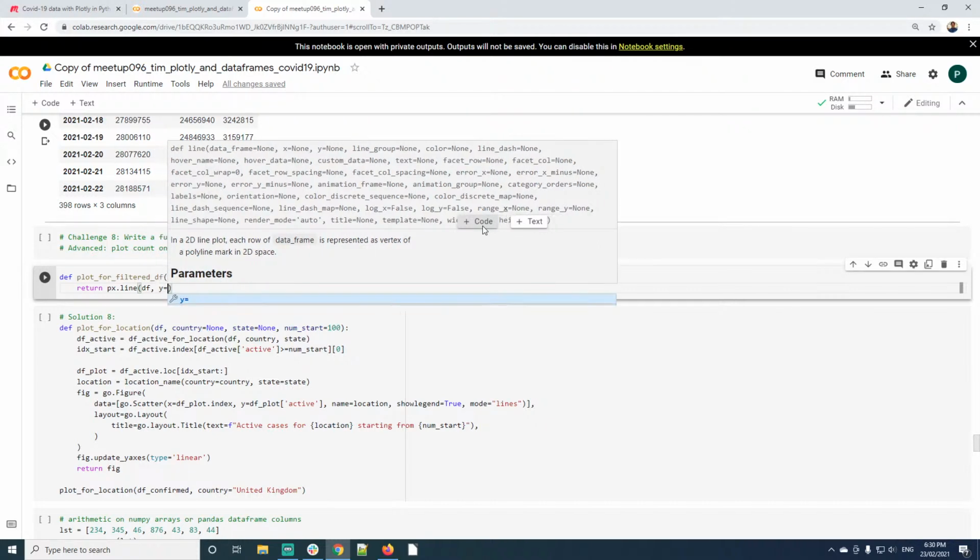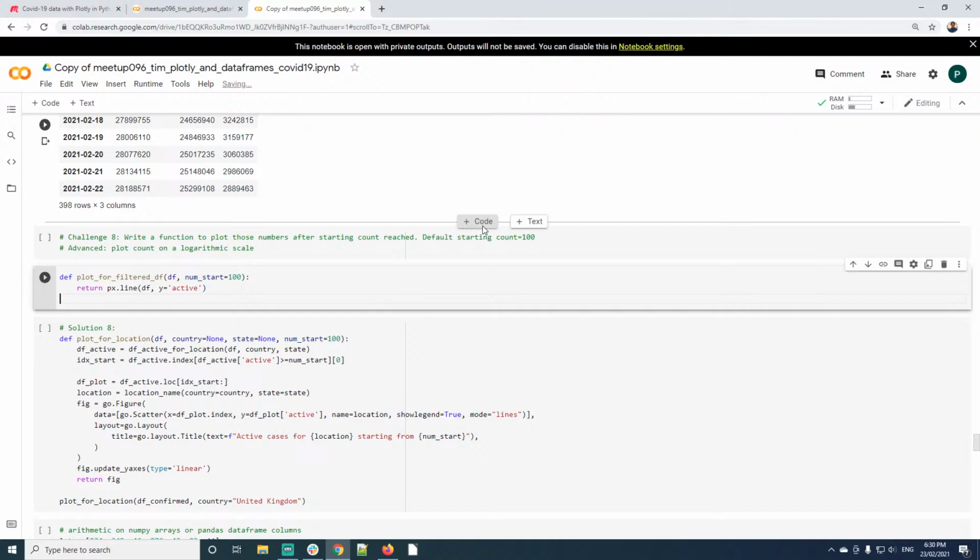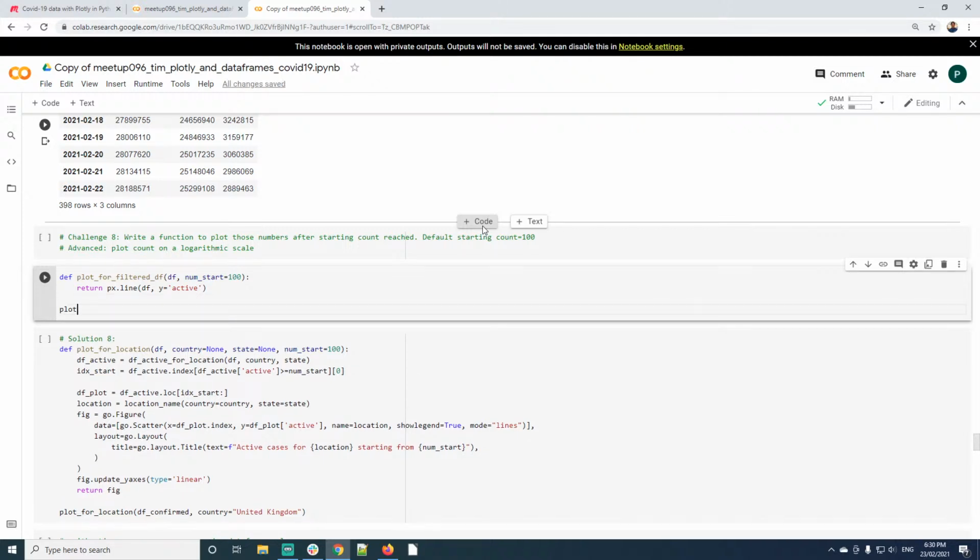So X is going to be the index, so we don't have to specify that because it's indexed by default. And the active column is going to be the data. Okay, so let's call our function